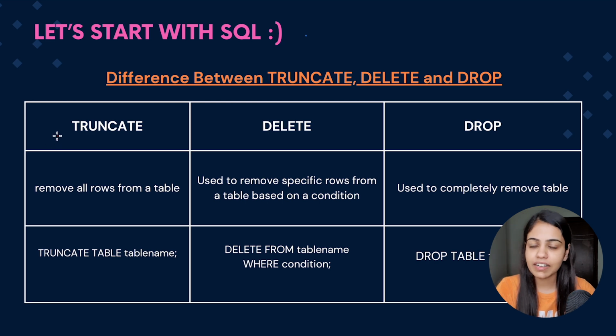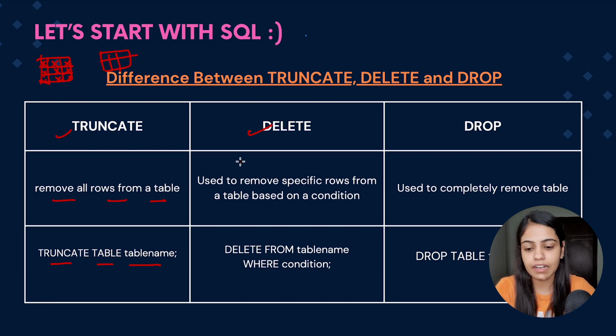So firstly, let's start with the truncate command. The truncate command is basically used to remove all the rows from a table. What does this mean? Consider that there is a table employee, and in this employee table we have some rows and some columns. What will the truncate command do? It will clear all the rows or all the data which is present in our table, which will make the table empty but will preserve the structure of the table. So there would be a table, but that particular table would be empty. There would be no rows in that particular table. All the data would be deleted. So it basically removes all the rows from the table. The command for truncate is truncate table, and then we provide the table name.